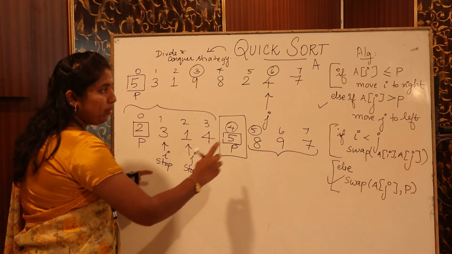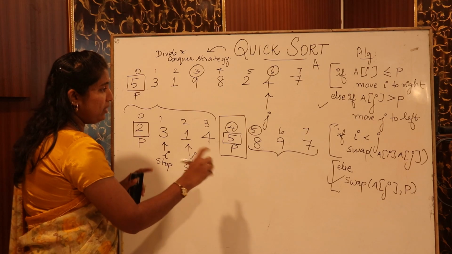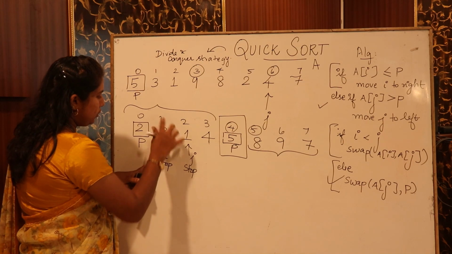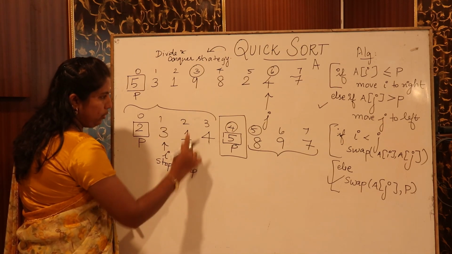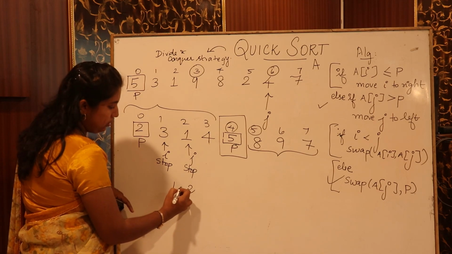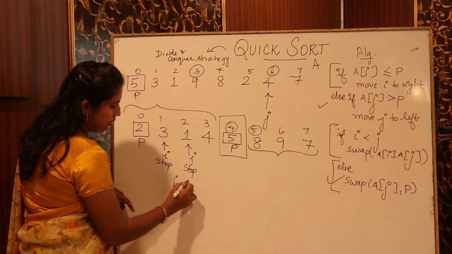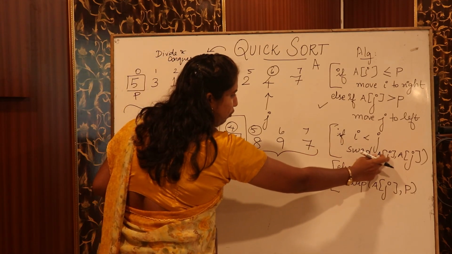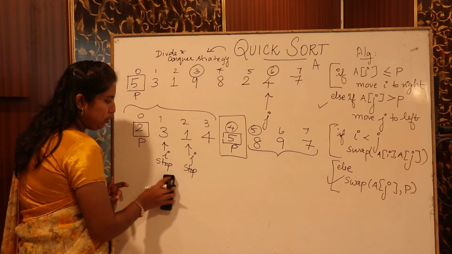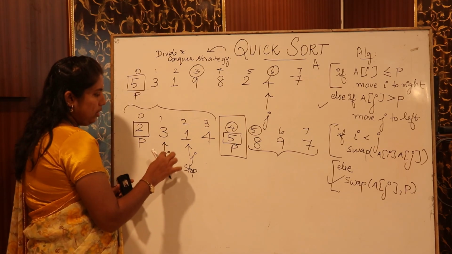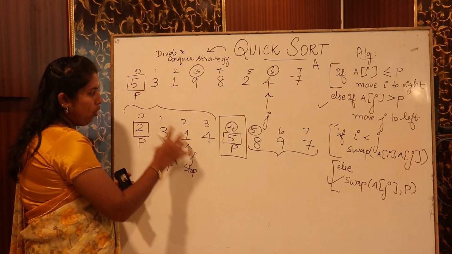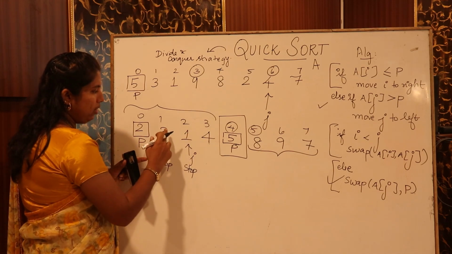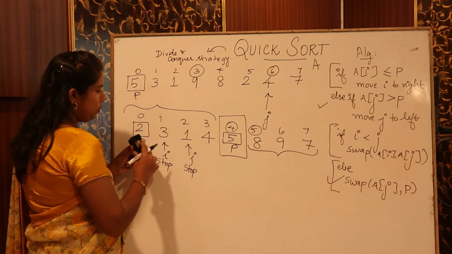The next thing is, we will move on to the next condition, which is nothing but checking the index of i and j. So the ith index value is 1 and the jth index value is 2. I am going to check the condition if i is less than j. The condition is correct. If it is correct, we have to swap A of i and A of j, which means we will be swapping the elements of A of i and A of j, not the index. So we are going to swap the elements alone. So 1 will be moved to this position and 3 will move to this position.